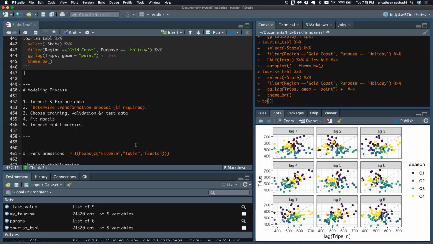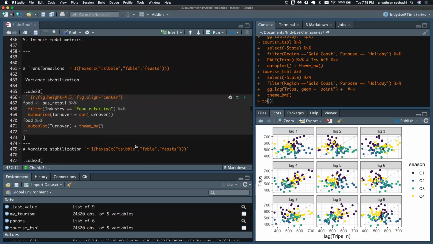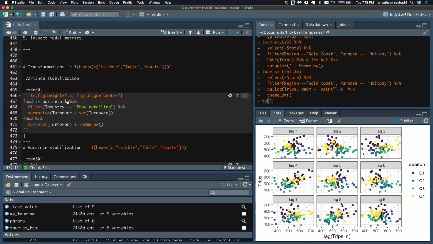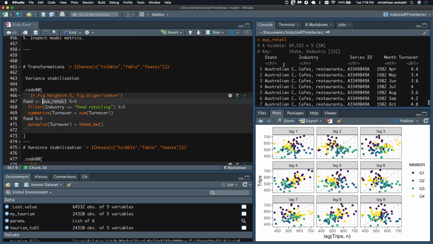The next step in the modeling process is to determine if there are any transformations that are required for your data. I'll give you an example here. Let's look at a data called Australian retail. Australian retail has state, industry, a unique time series ID, the timestamp and the turnover.